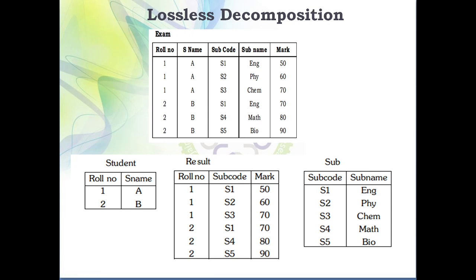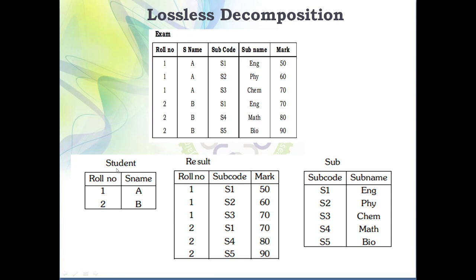In case of an equi-join operation, we are comparing the equality condition based on the common attribute which is present between the two tables. In order to perform equi-join between two tables, both tables should have one common attribute, and based on this common attribute we are going to compare. First of all, we'll join the student table with the result table. Is there any common attribute between them? Suppose there is no common attribute between two tables, we cannot perform a join operation. This is a very important thing that you should know.